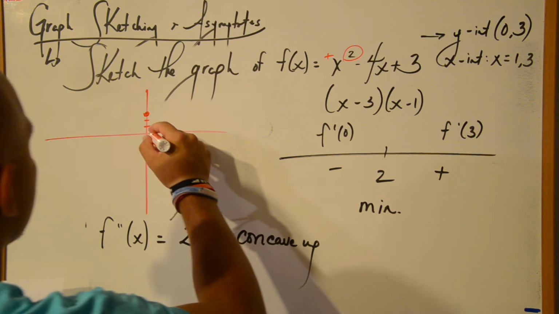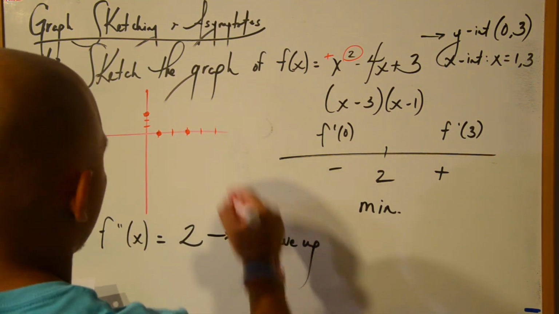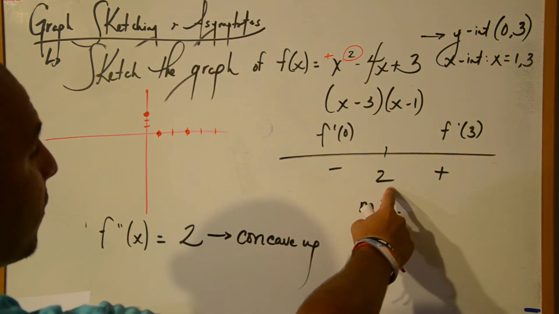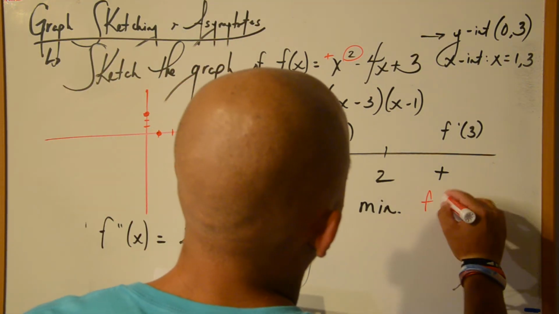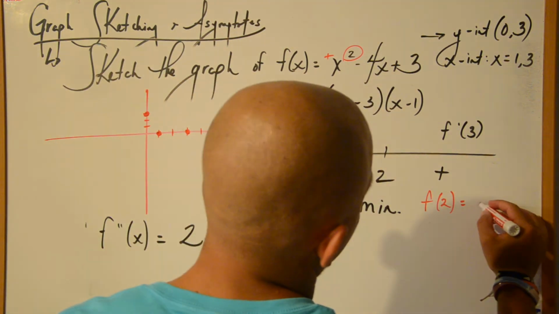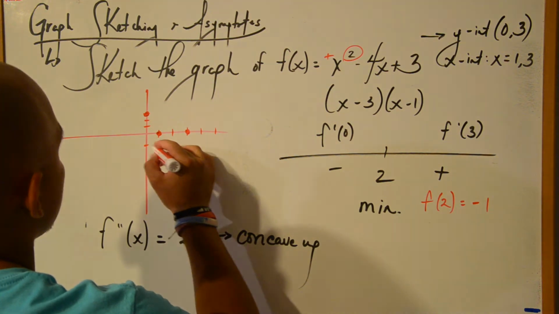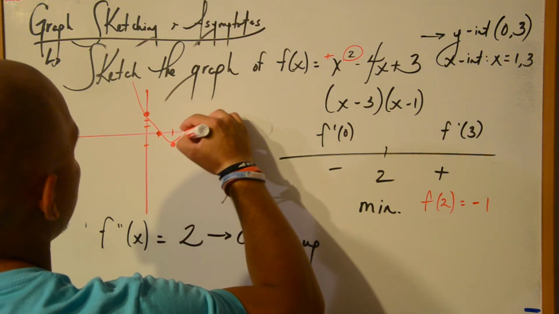x-intercepts at 1 and 3. I knew that I had a minimum value at x equals 2, so if I plug that into the function, 2 squared is 4, minus 8, negative 4, plus 3 is negative 1, so (2, negative 1), right? And my graph will look